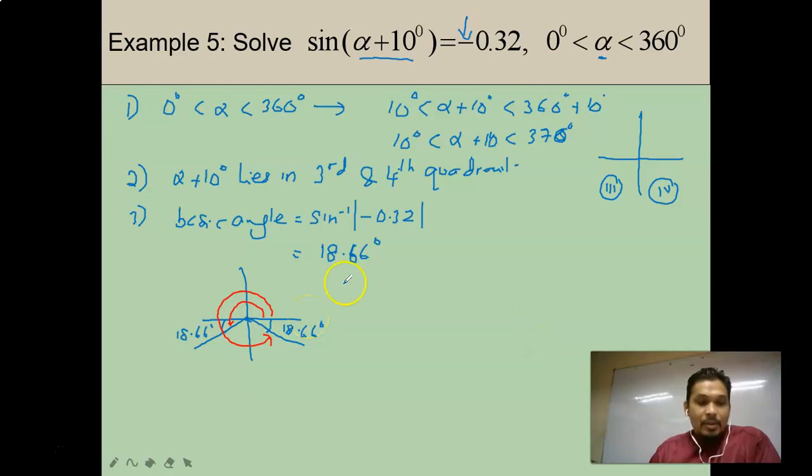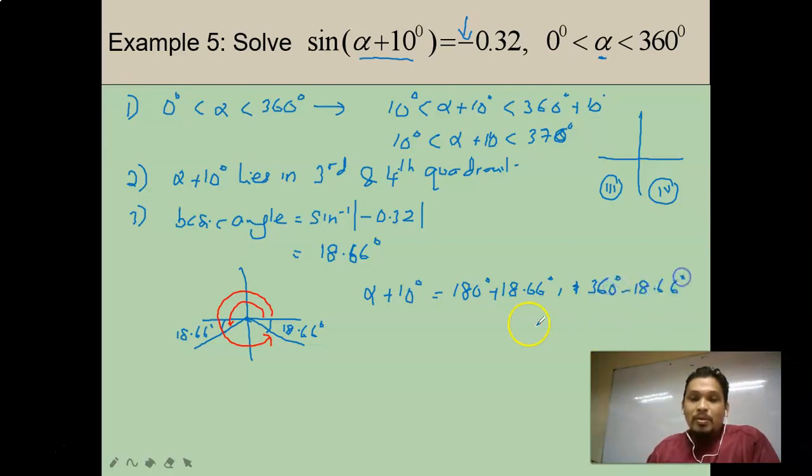So now alpha plus 10 degree equals, the first one here is 180 degree plus 18.66 degree, and also 360 degree minus 18.66 degree, and this gives you